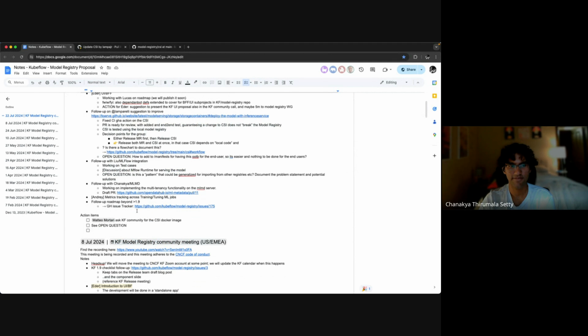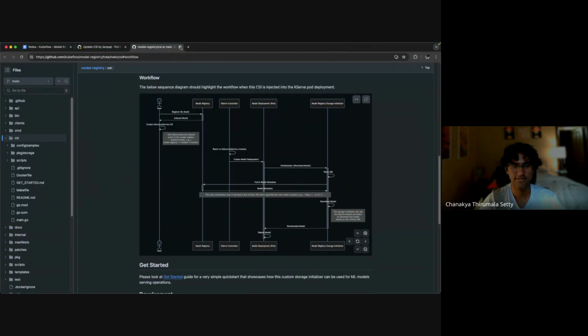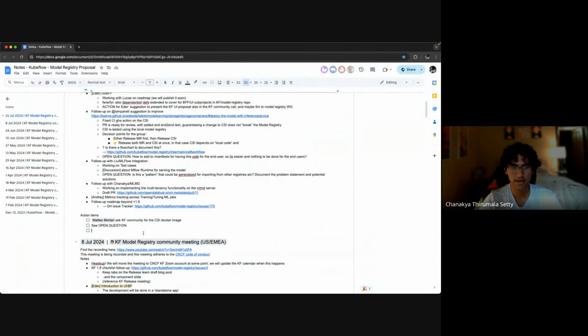So Dheeraj and I have been working on adding multi-tenancy functionality to the MLMD server. The way we're trying to do it is we pass in the group information through the MLMD gRPC metadata, and then the MLMD server grabs that information and uses it to execute the queries. This way the protobufs are not changed, so there should be minimal change for already existing applications. That was a design choice we made.